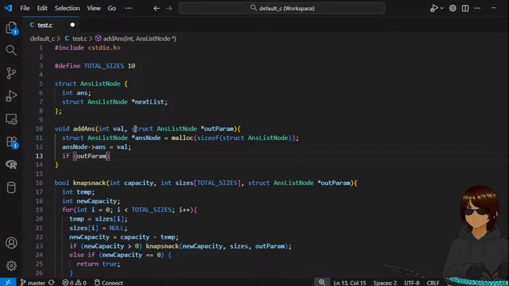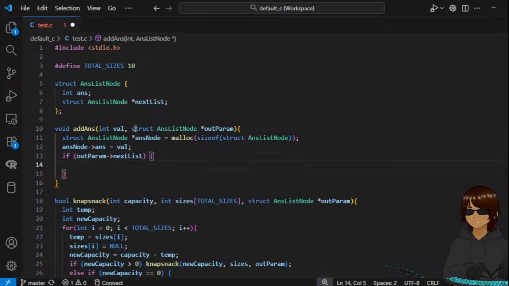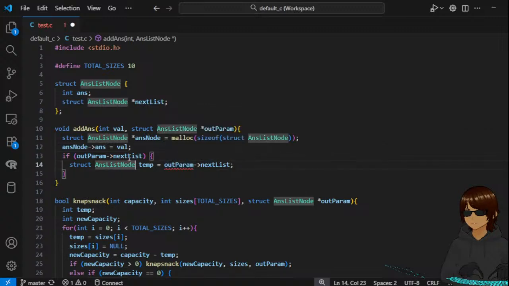If the out parameter's next, if it has a value, then the stamp goes here. The stamp goes here. And